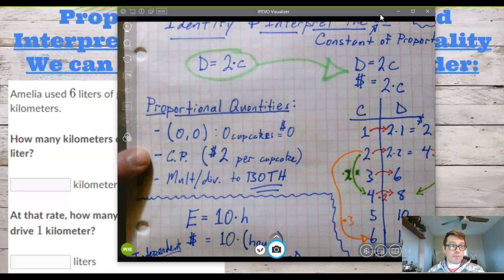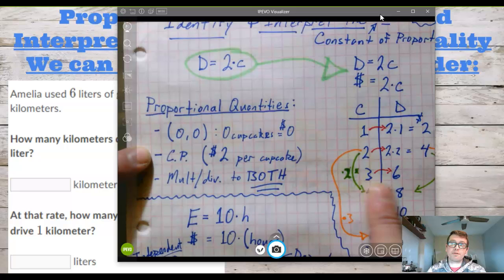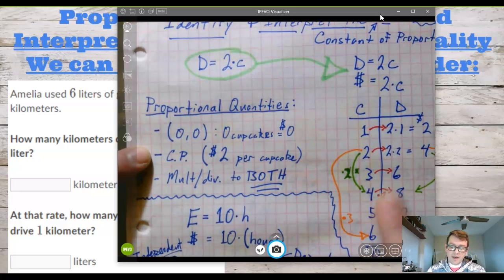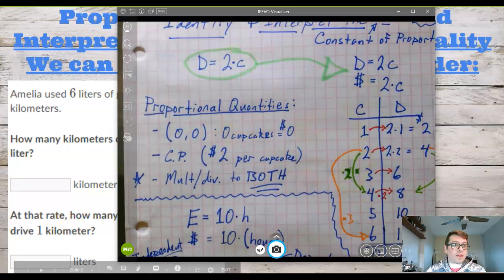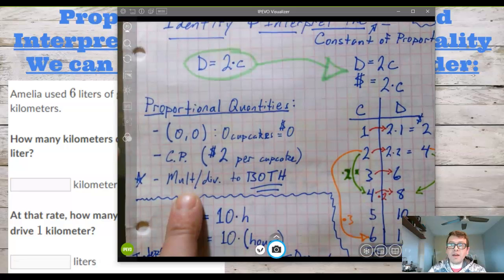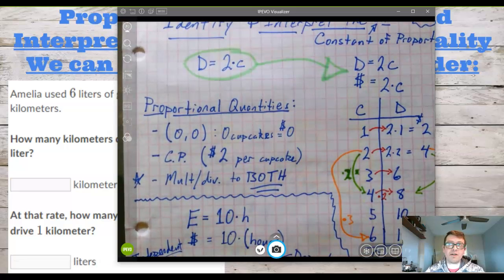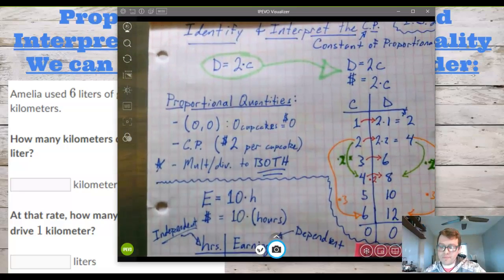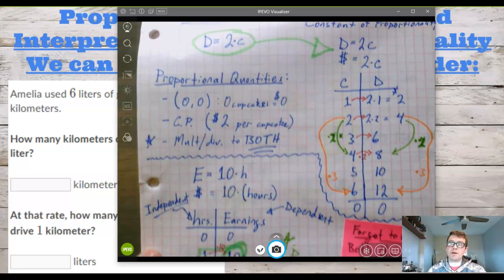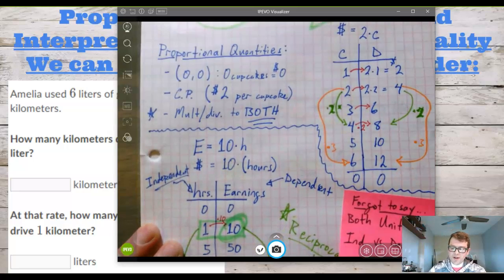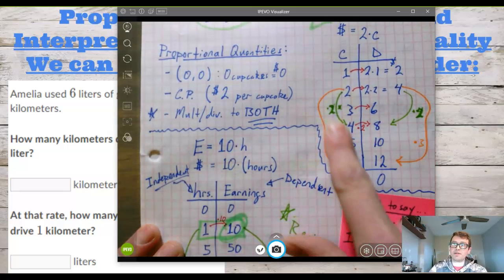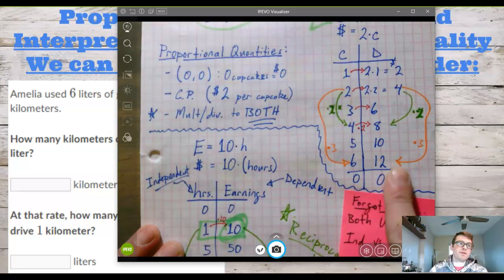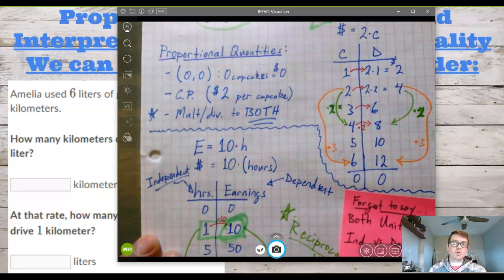The constant of proportionality, which all proportional situations have, is how you get from the x to the y, right? In our case, this was c to d, but it's how you get from the x to the y, so that is times 2. And then we talked about if you multiply or divide on the left or right side, the same thing happens, right? So I got to pull my zoom back a little bit. But if I double the amount of cupcakes, I double the amount of money. If I triple the amount of cupcakes, I triple the amount of money. So even though these numbers are not the constant of proportionality, it's what happens in all situations that are direct